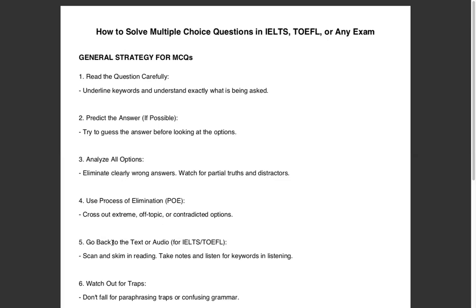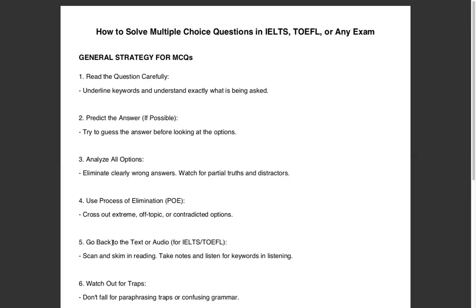Taking notes is not only to take notes, and after listening, you need to read these notes. You need to put these notes just in front of you while you are answering the questions of the listening. Otherwise, I told you, it will be useless. So you need to scan and skim. This is in the reading part. And in the listening, you need to